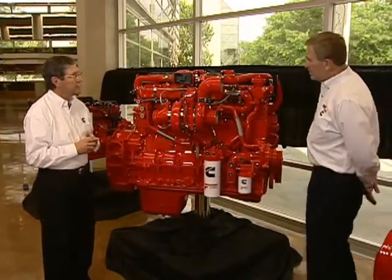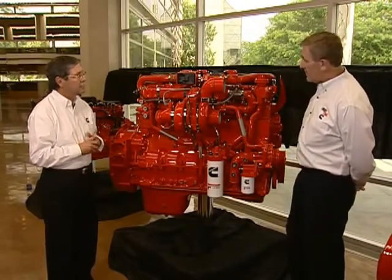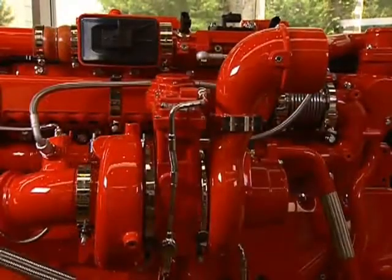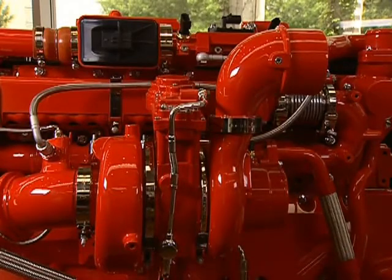Well, on this side of the engine, Lou, you can see the variable geometry turbocharger. This was first introduced in 2007 with the electronic actuator. The VG itself, the variable geometry turbo, was first introduced on Cummins engines as early as 2002. So now we've got almost 10 years of experience with it. It's a very, very powerful component that does a lot of things. It allows us to develop torque at low speed for high performance. It also gives us great control of fuel flow and airflow, so that we get good fuel economy with the